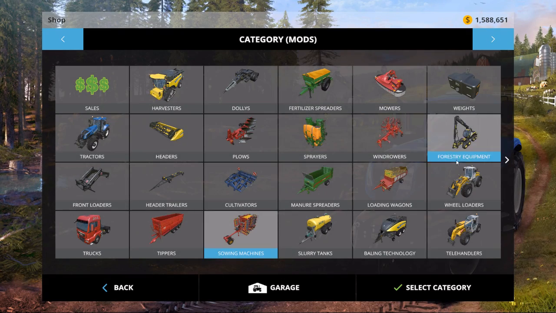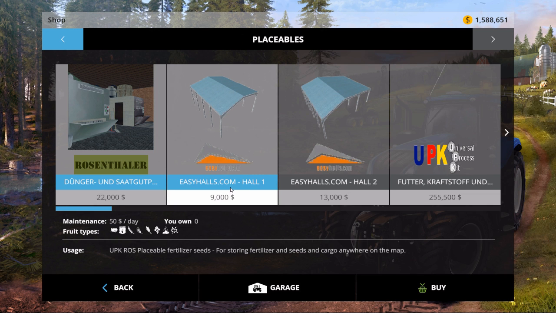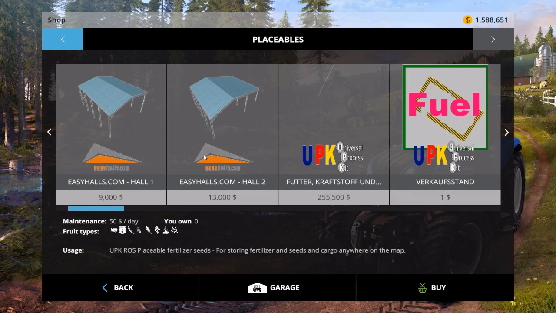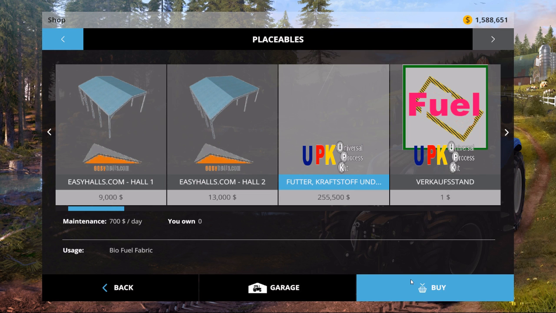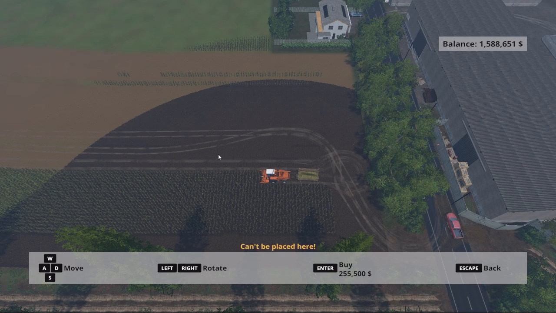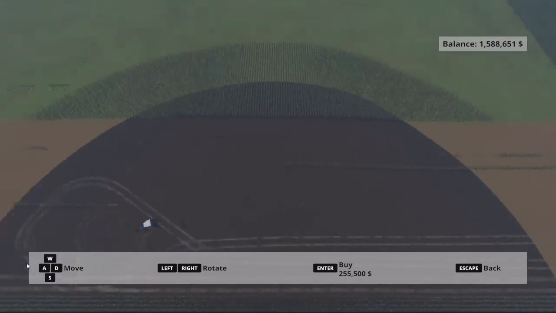I would think. So if we go to placeables, select a category. I already have one of these. The seed thing produces seed and fertilizer for us. Of course, the other thing we've got to pay attention to is making sure that we do deliver goods to the composting plant. So we will have to get some kind of a cereal crop down fairly quick. So we've got the big UPK. If I remember rightly,